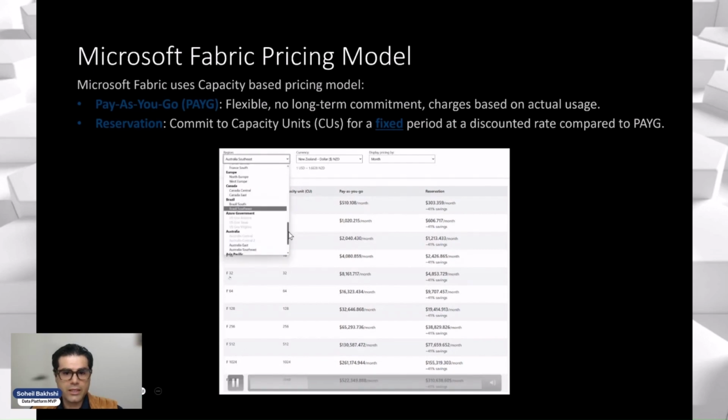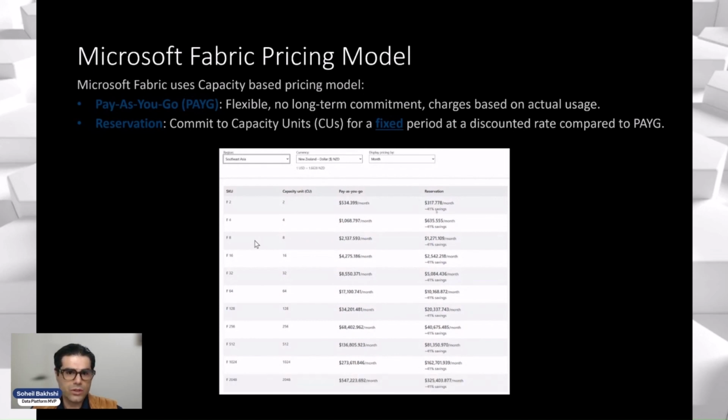So I change the region, if you can see it on the screen that I'm running it, and I change it from Australia to Southeast Asia, and you can see that the numbers have changed, but we get almost 41% discount when we go with reservation. But here's the thing, with reservation, we do not have any controls over the capacity. We cannot pause the capacity. We obviously can upscale and downscale, but it is not something that we can do by a click or automated